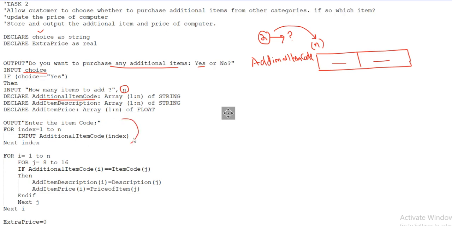So here what we are doing, we are actually inputting the number of the item. Based on the number of the item the customer set to add, accordingly we will ask for the item code of those items, or the number of the item which the customer has decided to add. So after this, what we will do, when we will get these 2 codes,